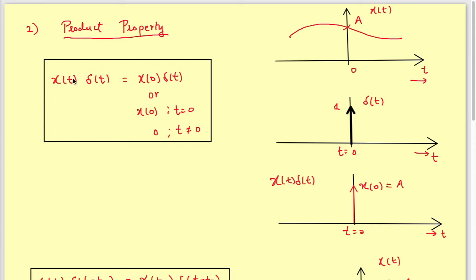So this equation will reduce to x of t delta of t equal to x of 0 into delta of t. Okay,